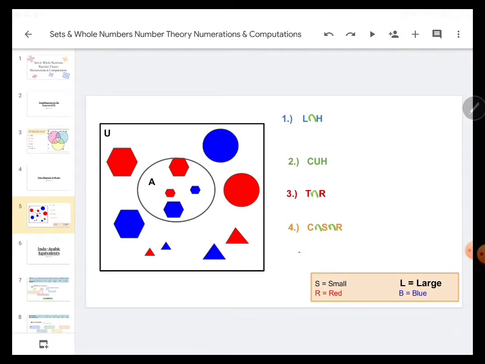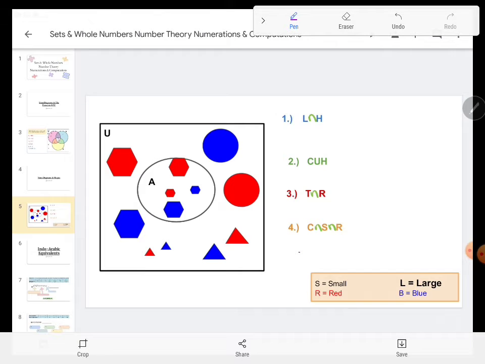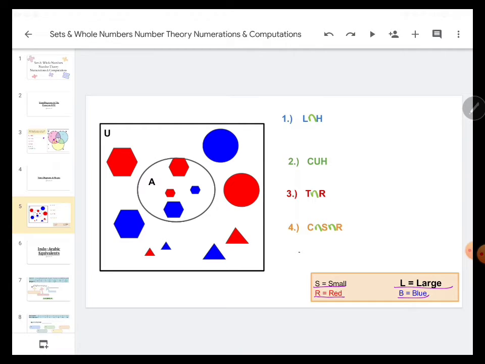Now, if we look at our key in the bottom right corner of the problem, we will notice that we have letters and their representations right next to them. So we have S for our small shapes, R for our red shapes, B for our blue shapes, and L for our large shapes. And don't forget your note from the last slide, which actually